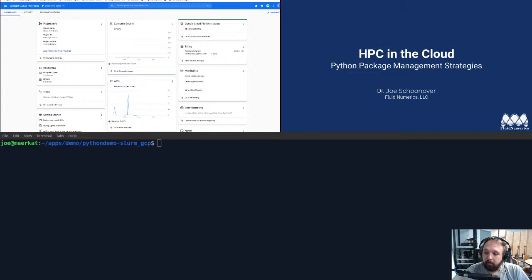I'm Joe Schoonover from Fluid Numerics, and today we're going to be talking about Python package management strategies, particularly on HPC clusters. Since we're now in the day and age where just about anyone can click to deploy an HPC cluster, I think more people are starting to take on some additional roles, including managing their own packages and software dependencies. So we figured this would be relevant for software developers and system administrators who are looking for different strategies